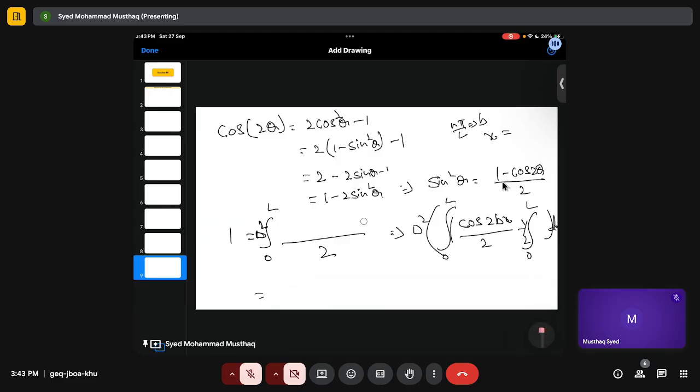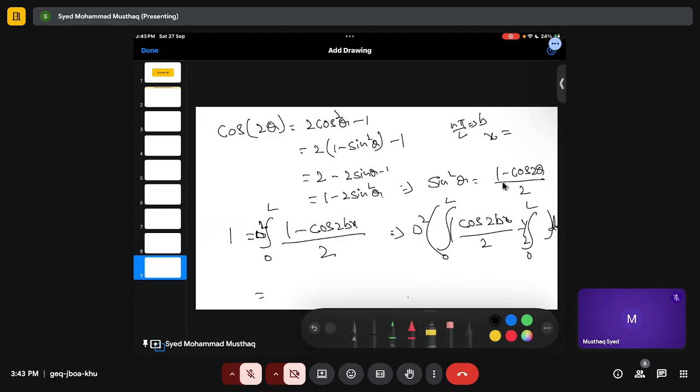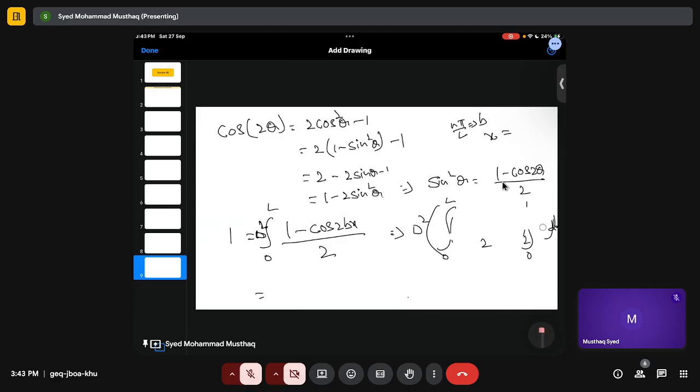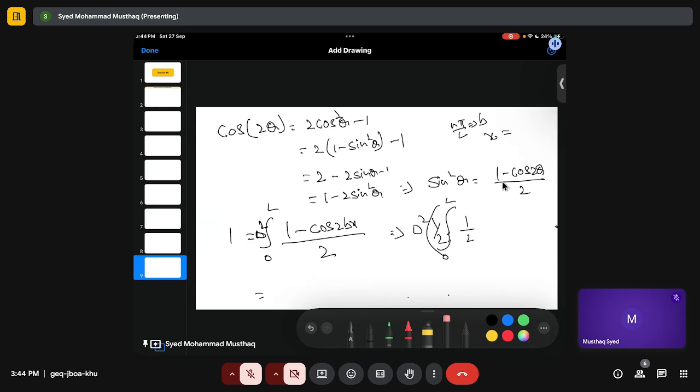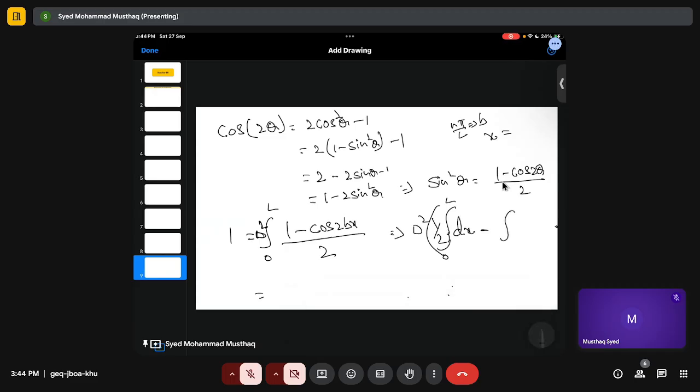My bad, 1 minus cos 2 theta. So half, let's take half outside because it is a constant. Half dx minus 0 to L, again half common,